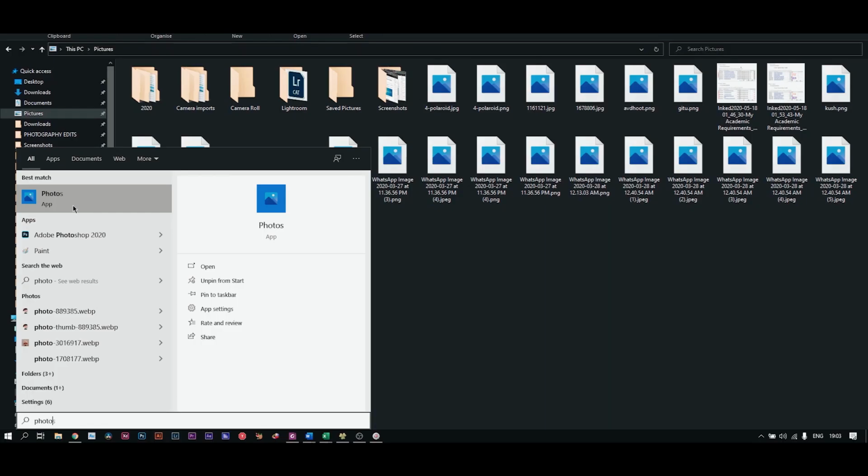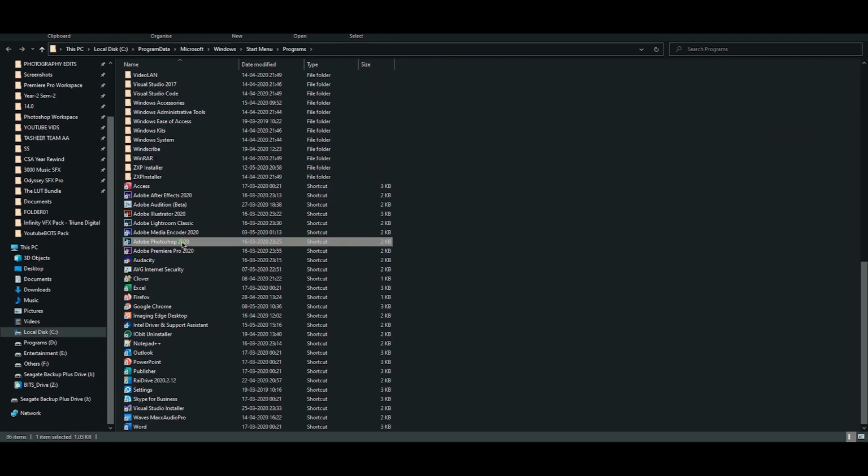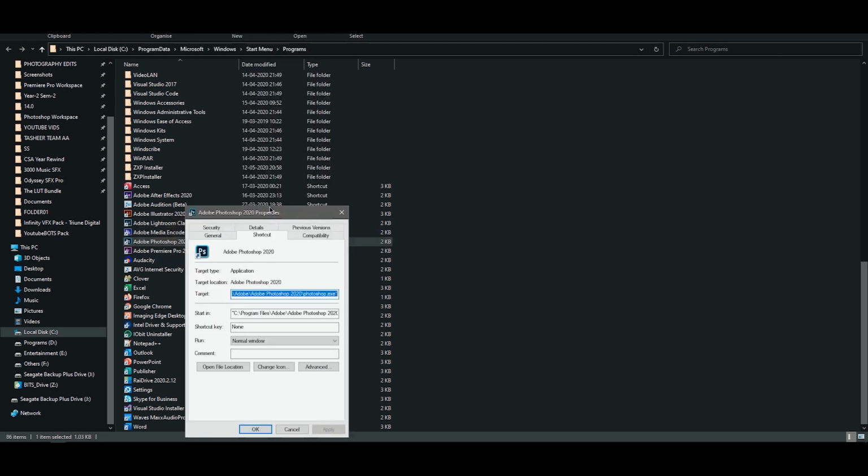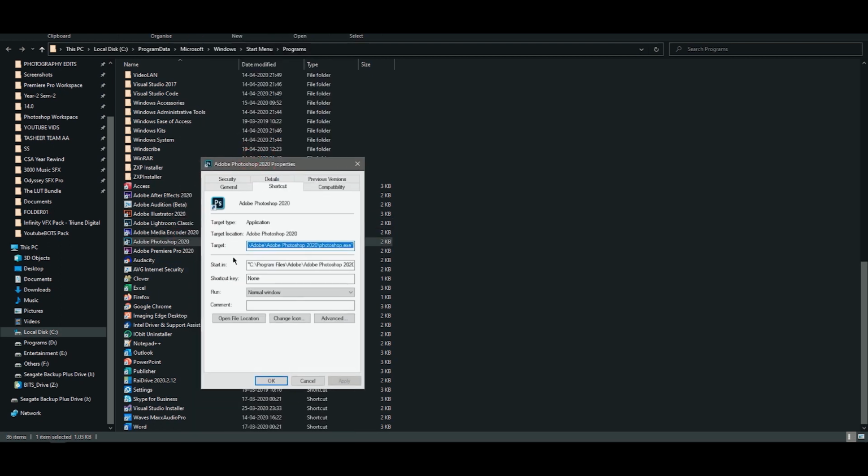The next shortcut is a bit different and might be really useful for people who use several applications every day, like designers using Photoshop, Premiere Pro and those things. I'm giving an example. Click on this, open file location. Then you can right click this and go to properties, and there is something called a shortcut key. People might not know this.